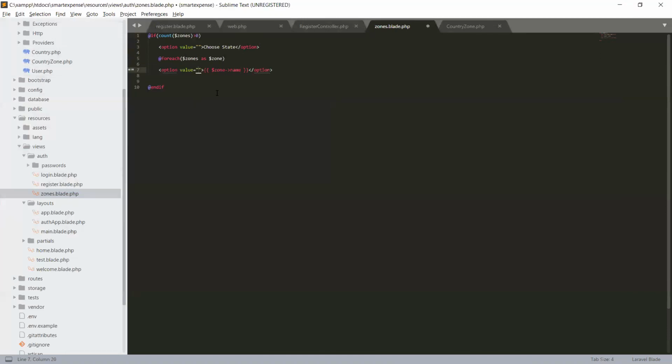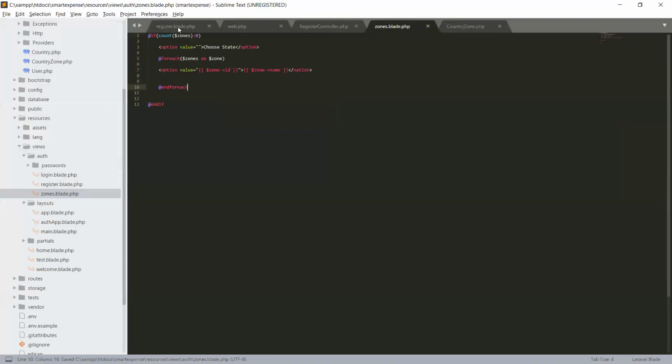Okay, and also we will need to show the id of the zone, sorry, use Blade syntax, zone id, and we have to close our foreach, and endforeach, save it,